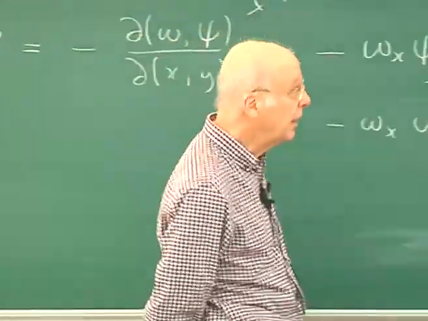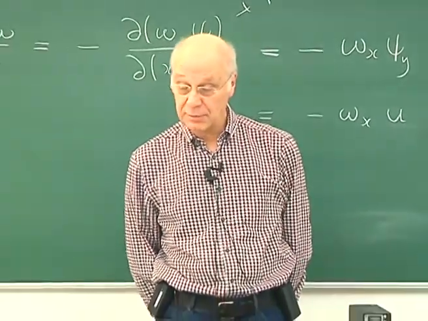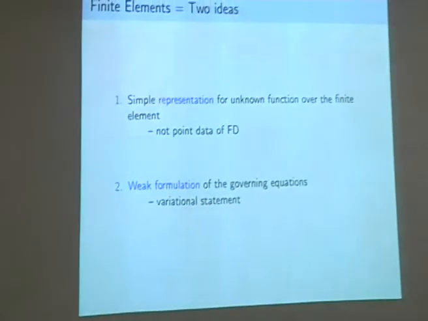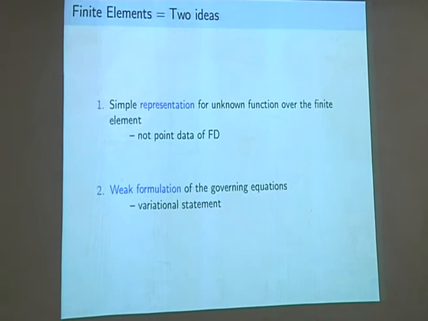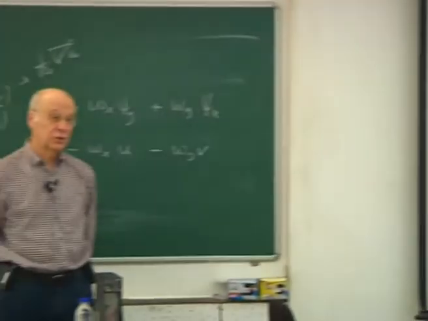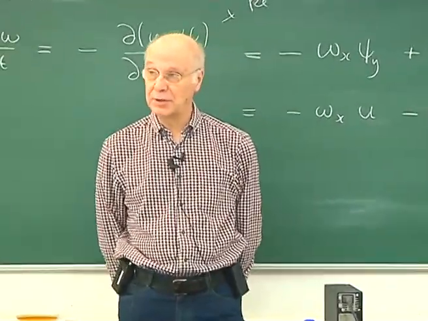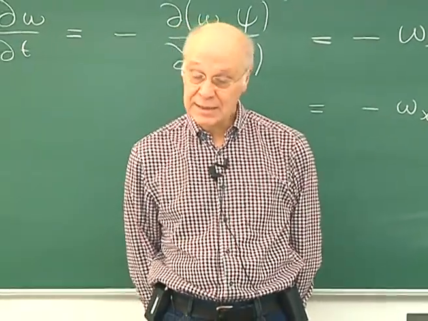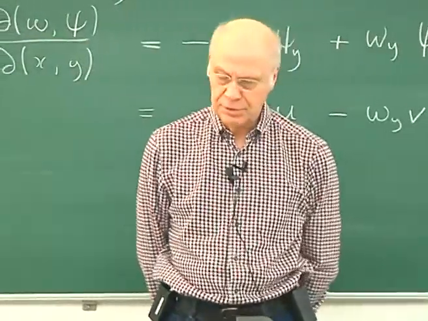And then the second thing is you convert your governing equations into something which I'm going to call the weak formulation. I may not explain quite what that is until the second lecture this morning, but think of it as a variational statement. So equivalent to the Poisson problem, there is a variational statement, and we use that, and it has some advantages. Very briefly at the moment,